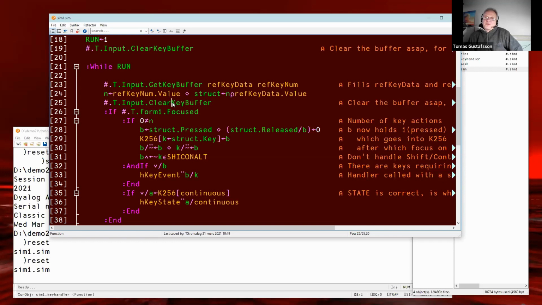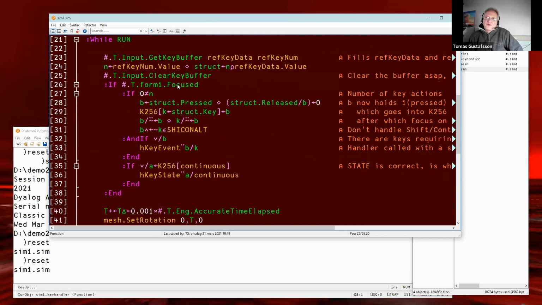And as soon as possible, I clear the key buffer, because the 3D engine is going to read the keyboard right away from this on, and I don't want to lose any of the keys that may be pressed right now when I'm here in the code. So I immediately grab the values to APL and clear the buffer, and then it may have its own life until I get here to these rows again.